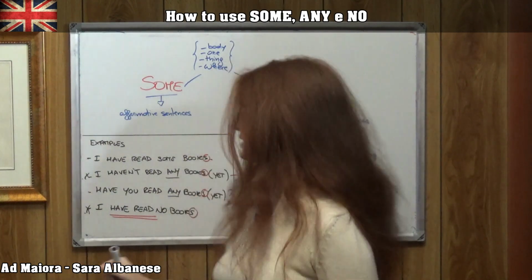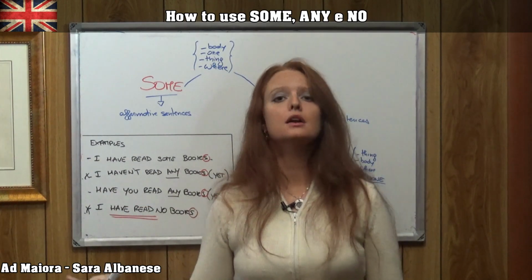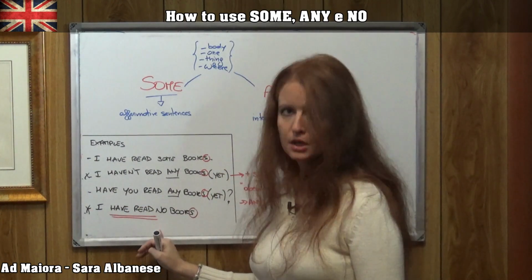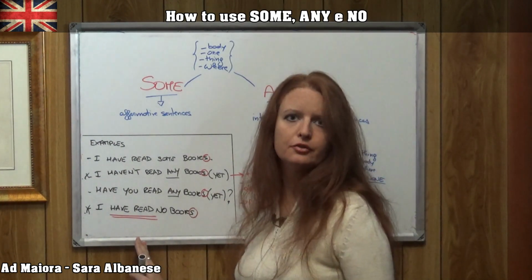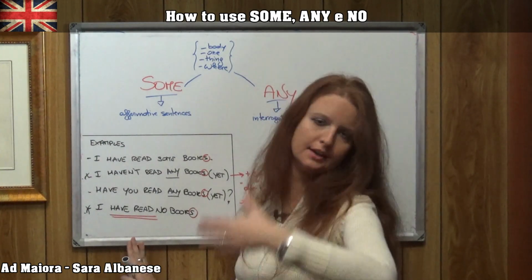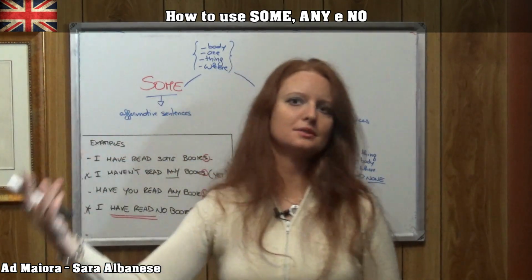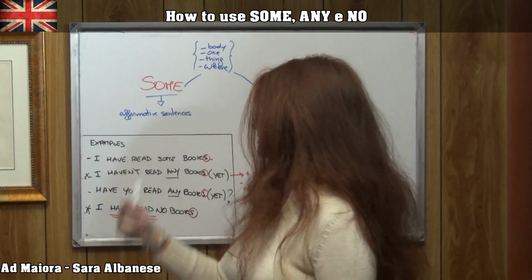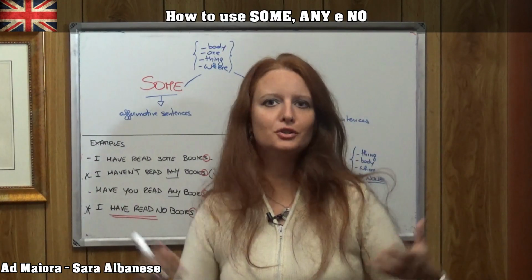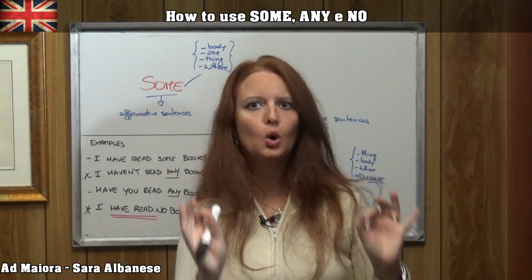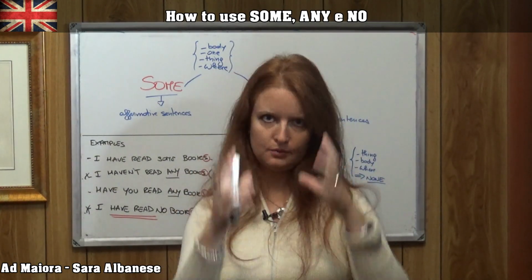So, let's see the last example here. I have read no books. In this case, you see I have "no," the noun, always plural, and the present perfect of the verb is absolutely affirmative. Also in this case, I can change the tense. I can say I read, simple past, I read, simple present, I would read, conditional, or I will read, the future tense, or I'm going to read, whatever you want. But always affirmative, because I already have "no," so I have to put just one negative element